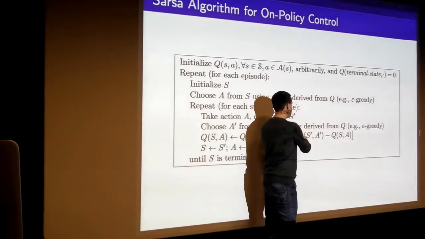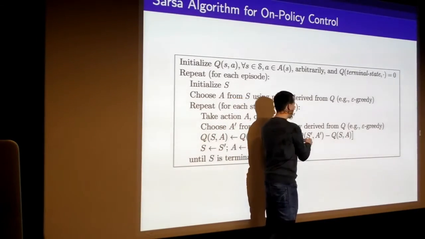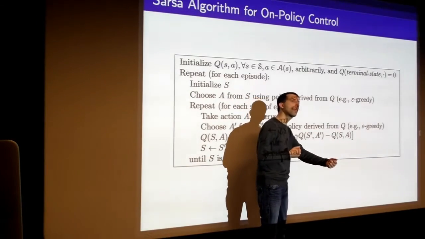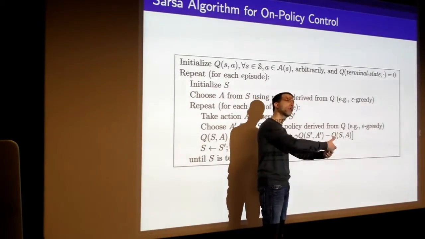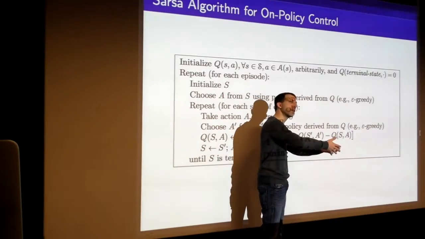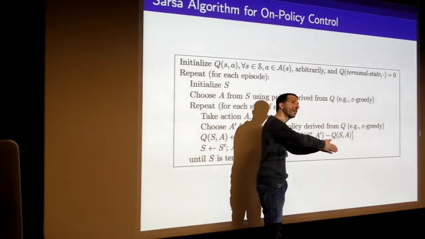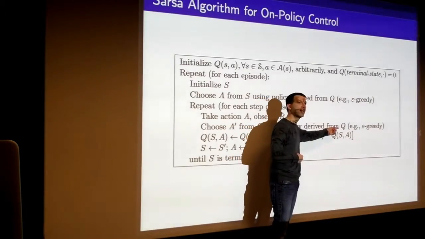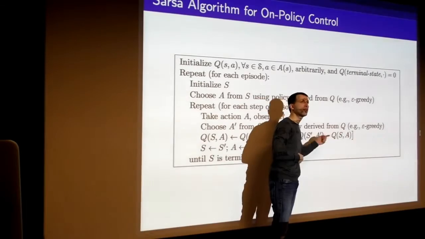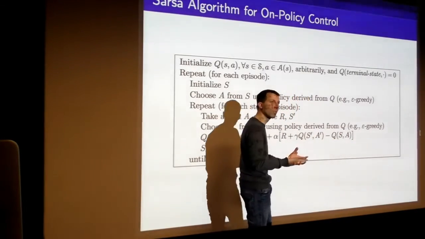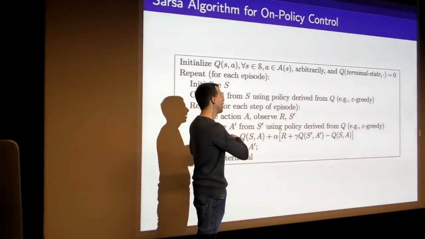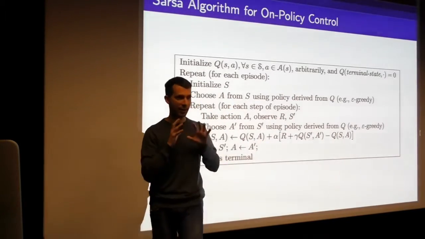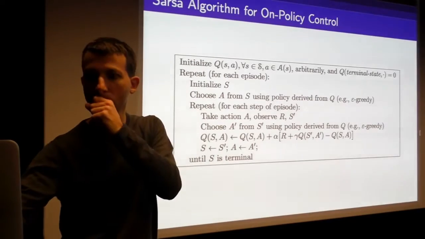And now we want to know, well, what would happen under our own policy after that point? We want the expectation under our own policy from that state onwards. And that expectation under our own policy is precisely what we're trying to evaluate with Q. So that's why it has to be evaluated. We have to select actions using the policy that we're trying to evaluate. This is an on-policy algorithm, fundamentally on-policy. We're selecting actions and we're evaluating that policy. So SARSA is an on-policy algorithm. Okay.